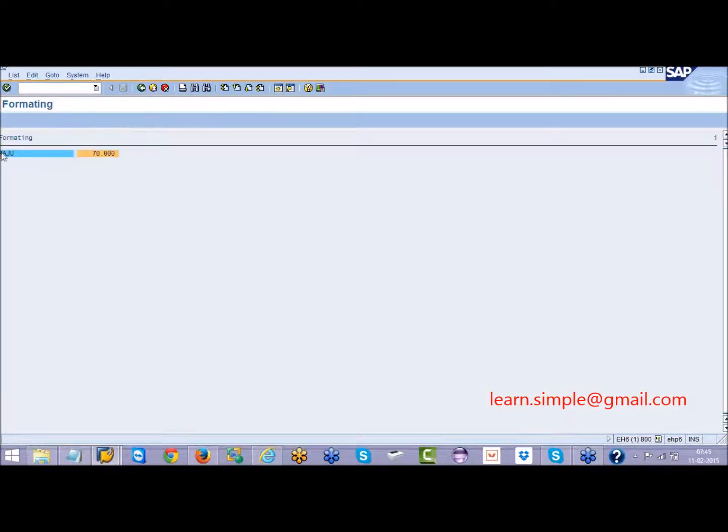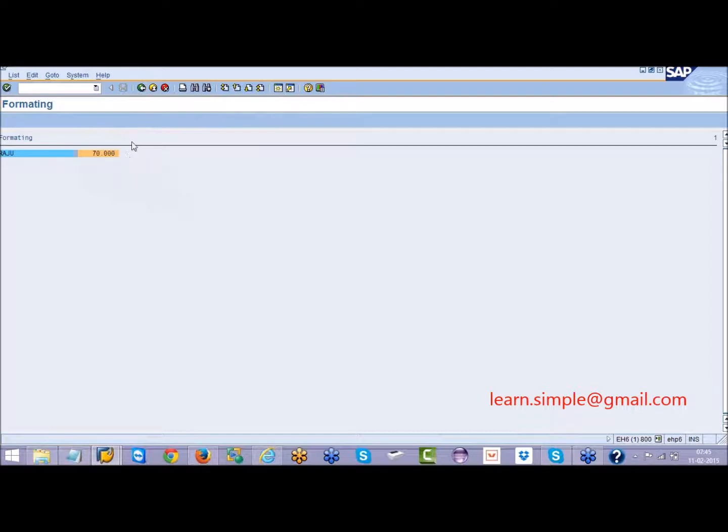You can see here up to here 20 characters, the background color is some blue, and here this integer 70,000 is displayed with some other color.